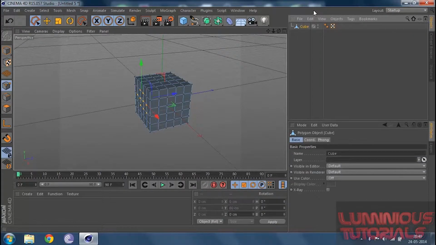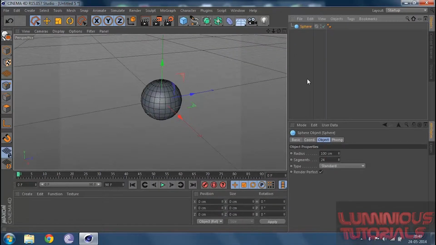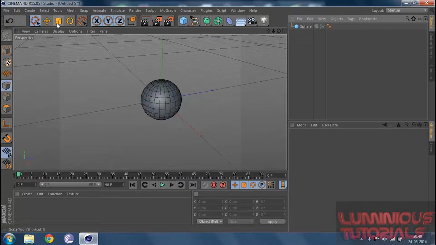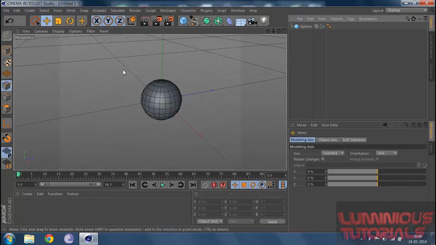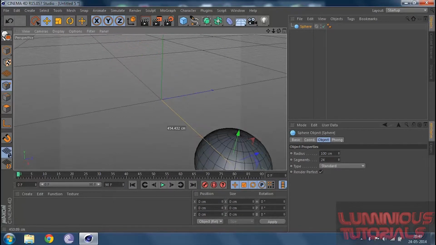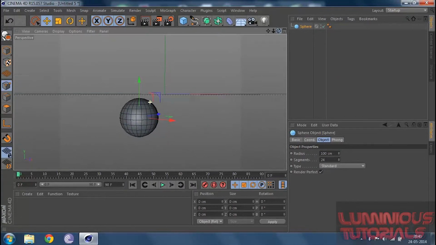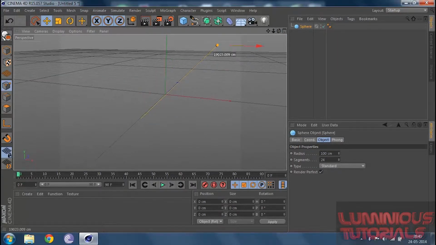Let's go ahead and delete this cube now and add another cube, or maybe a sphere. The next tool that we're going to look at is the move tool. When you select the sphere and click on the move tool, you get three gizmos: the green, blue, and red. The red one helps you move left and right, the blue one front and back, and the green one up and down. You might be thinking, how does blue help us move front and back? It depends upon the frame set and the perspective you're looking at. You see now it's front and back, right? And the red one is left and right.